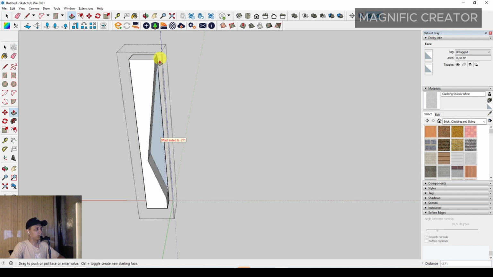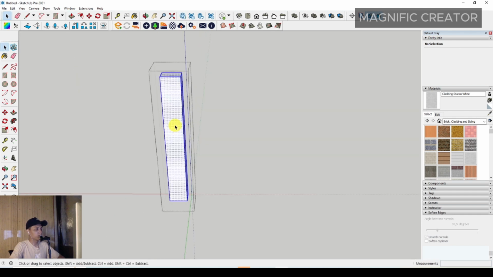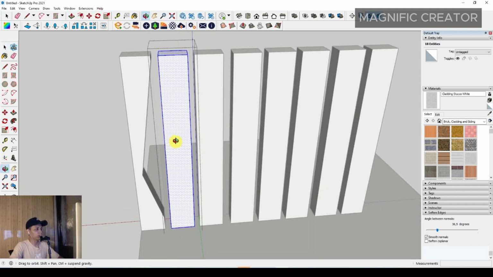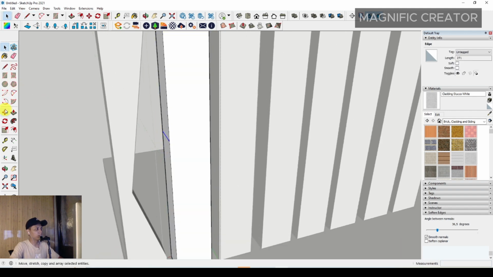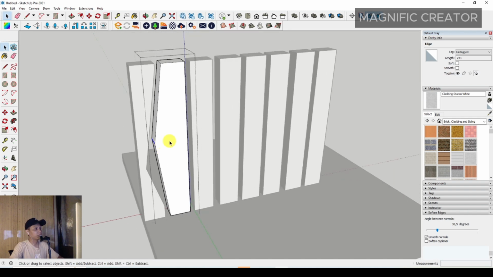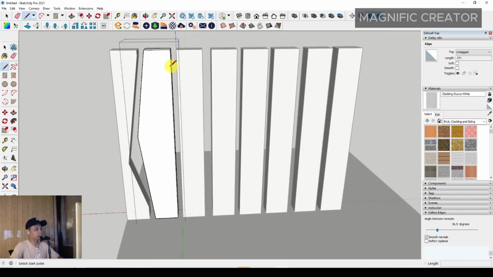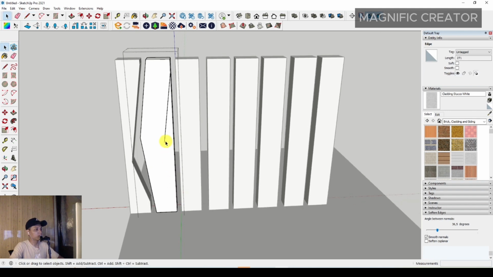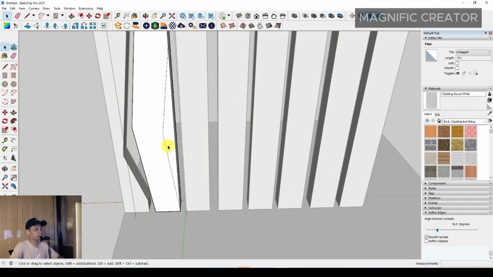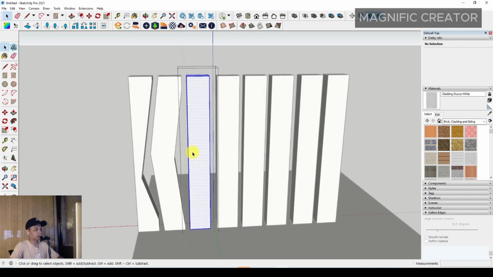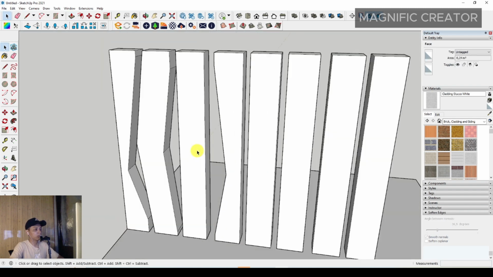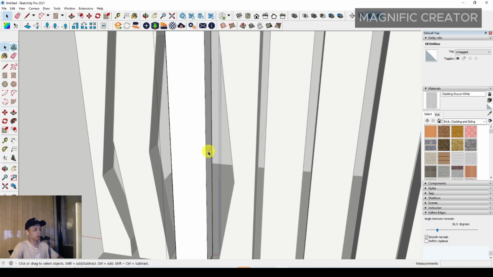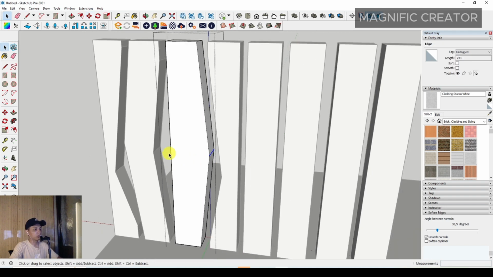Then you can use the line, push and pull, and you can modify all of this with the line and another tool like the push and pull tool anyway. And then you can follow this step for a better result anyway. You have to use the line and just adjust by move